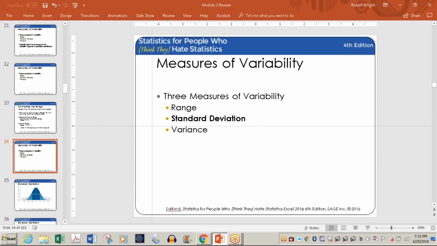Okay, here's one you're going to see a whole lot of, and we're going to spend a little time on this one: standard deviation. You hear about that in almost any type of report. They'll say the standard deviation is this. And so what do they mean by standard deviation? Or what is meant by standard deviation?